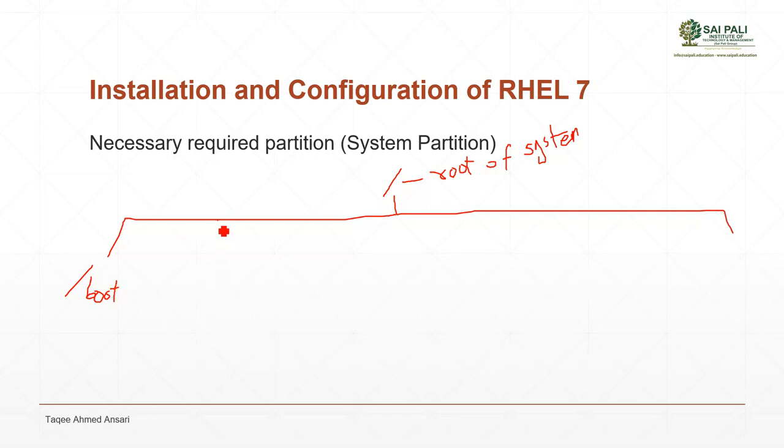Then under slash, you will see the root directory. Now this is different: the name of this directory is root. Then you will see the home directory. Then you will see other directories like